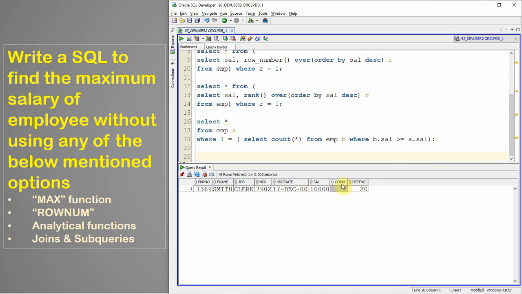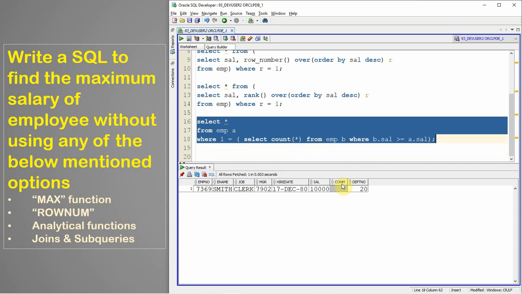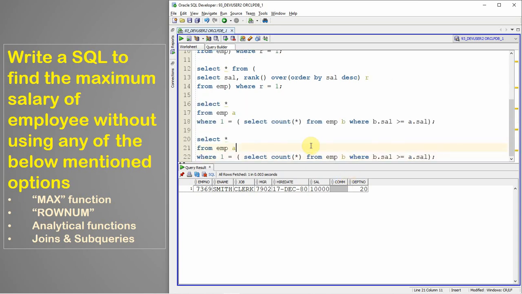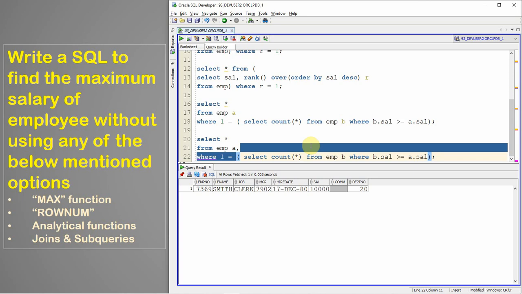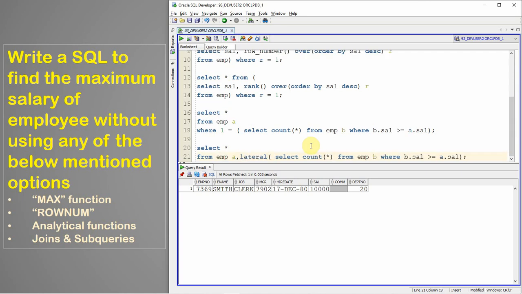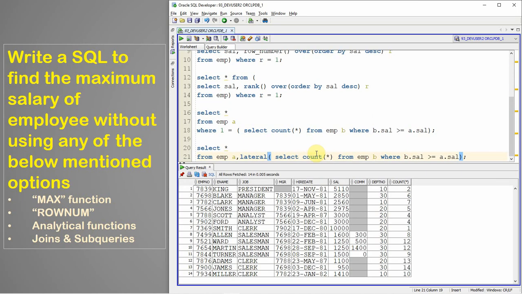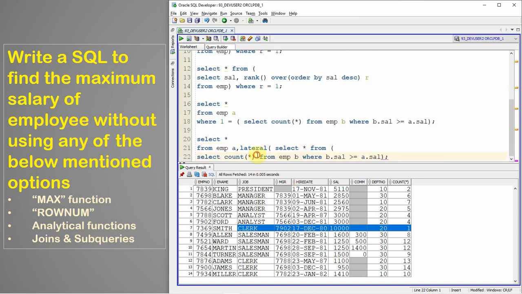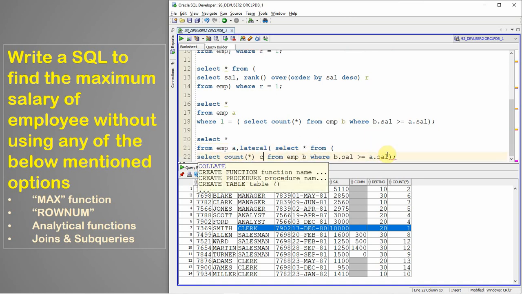Now let us see one more method. Instead of the correlated subquery, I'm just going to use the lateral join. So let me remove all this and put lateral. Let me execute this. Now you can see that for the maximum salary, you will get the count as 1. So I'm going to use this as an inline query here. So select star from, and let me give the alias C. Exactly similar to the previous method.